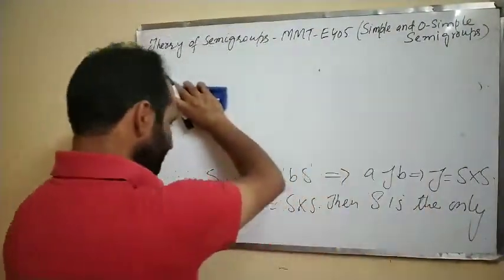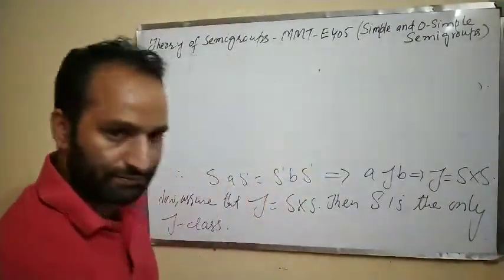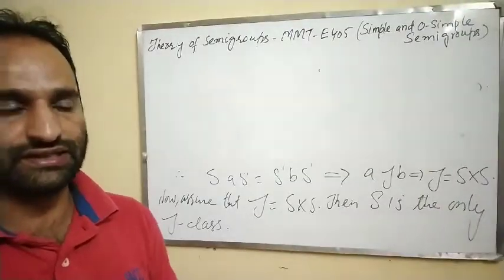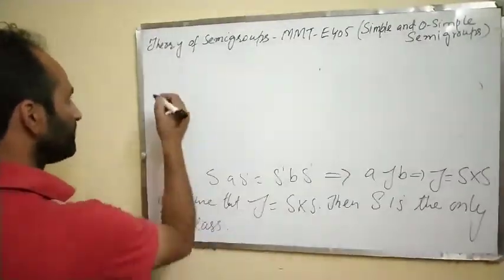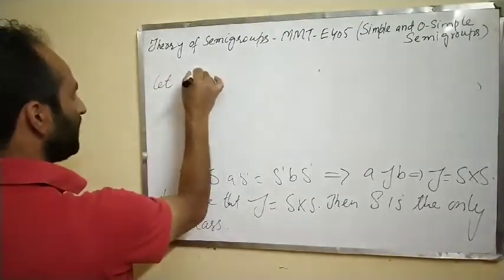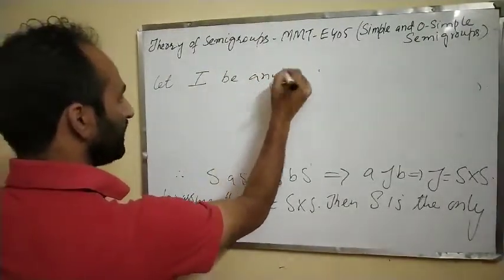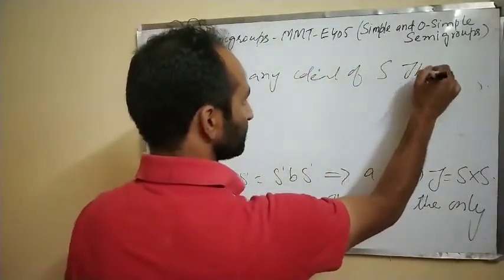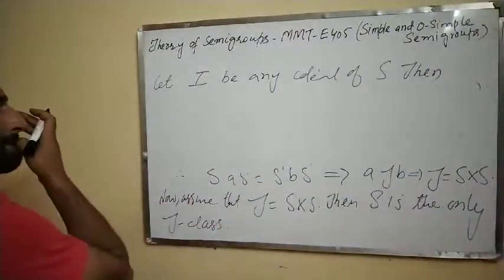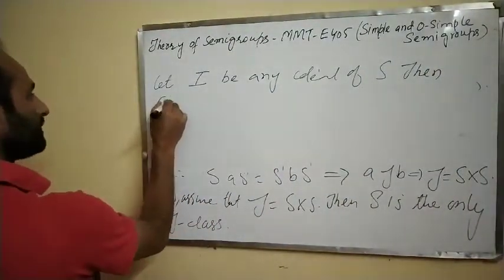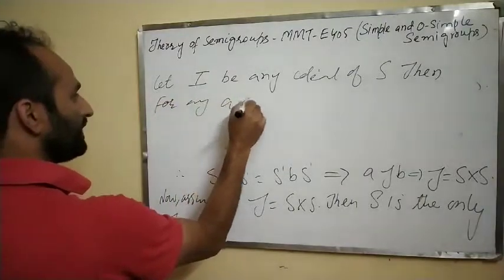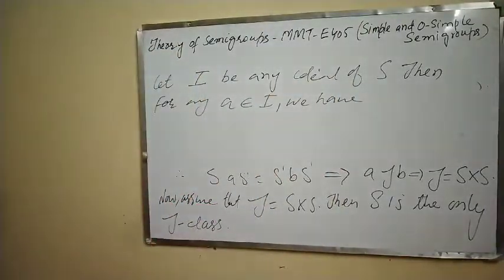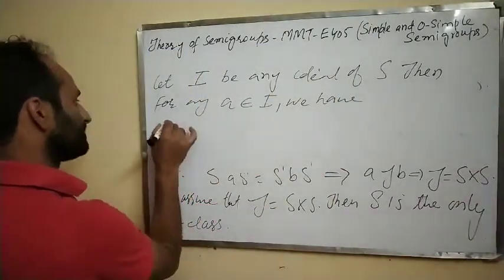Now, actually, we need to show that this S is simple. For this, we show that S is the only ideal of S. So let's take any ideal. Let I be an ideal of S. Then for any A in I, we have this S